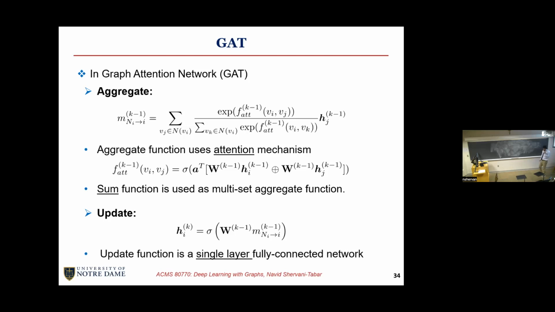The one we use here is softmax. So we pass these through softmax in order to turn them into values between 0 and 1 that sum to 1. And then we use a summation as our aggregation. In this summation, we multiply the embeddings of each neighbor, Vj, by the normalized attention coefficient that we computed